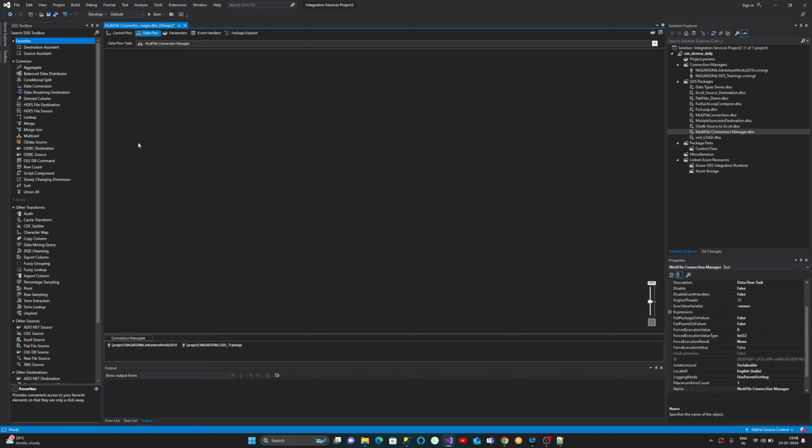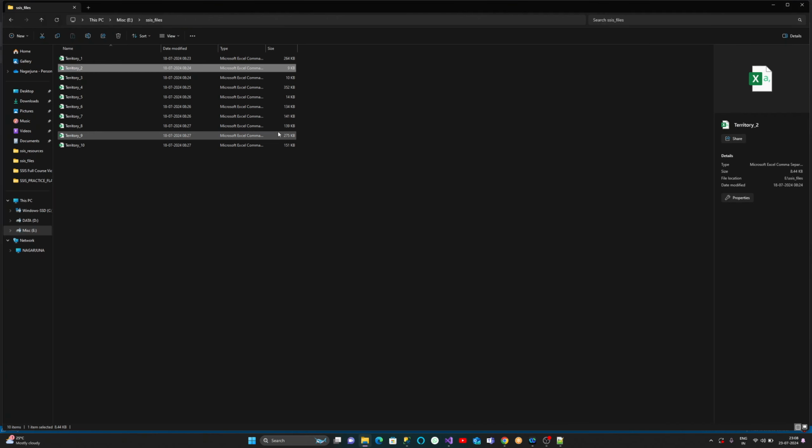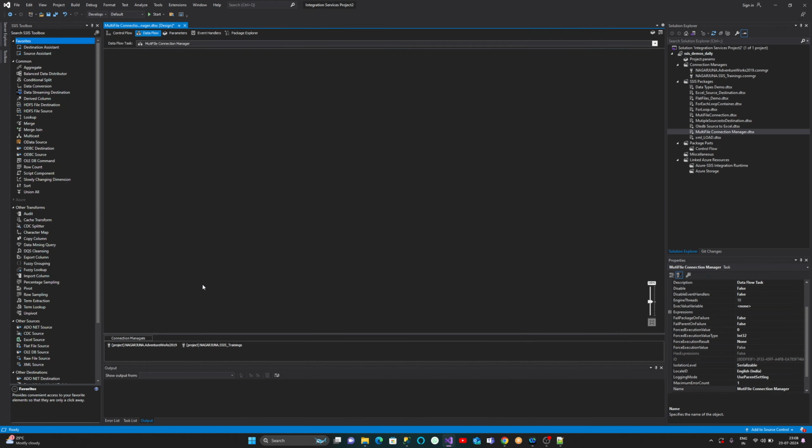It will open here. Now you can see what is my source. My source is a CSV file. If you're not sure about that, here you can see the type. So my source is a CSV file, and I want to load all 10 CSV files into SQL Server destination or OLEDB destination. Okay, so for that,